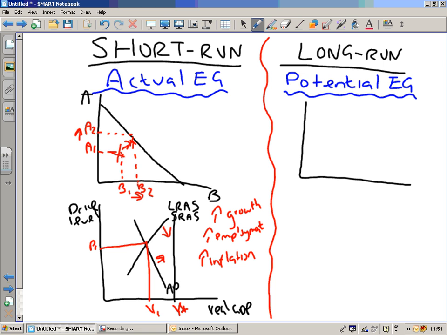Long run economic growth is different. The PPB shows the potential of the economy. It doesn't mean we're achieving it, but it's the potential. It's the most we can possibly do. If the PPB was to increase, this is what we call potential economic growth. It doesn't mean we're achieving it, but it will mean that our bathtub has got bigger, so we're capable of making more. If we graph this in a diagram,